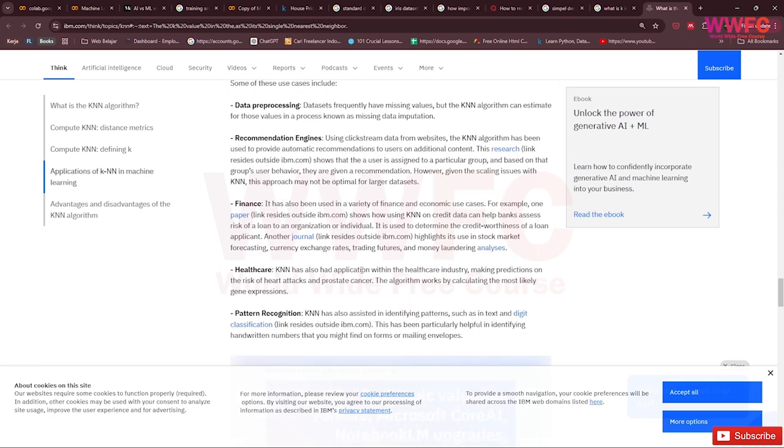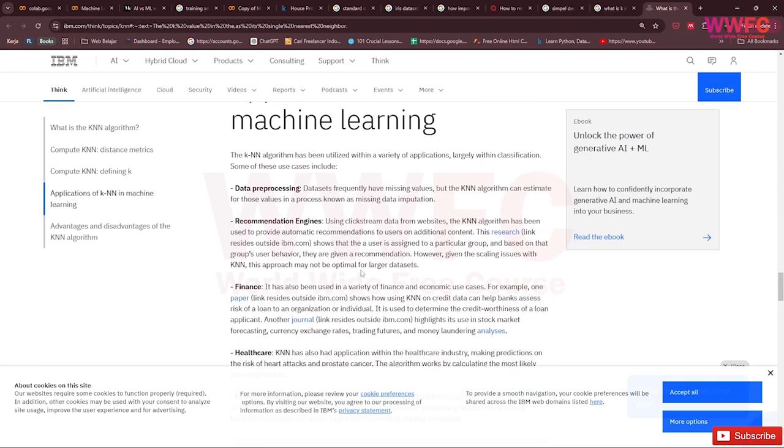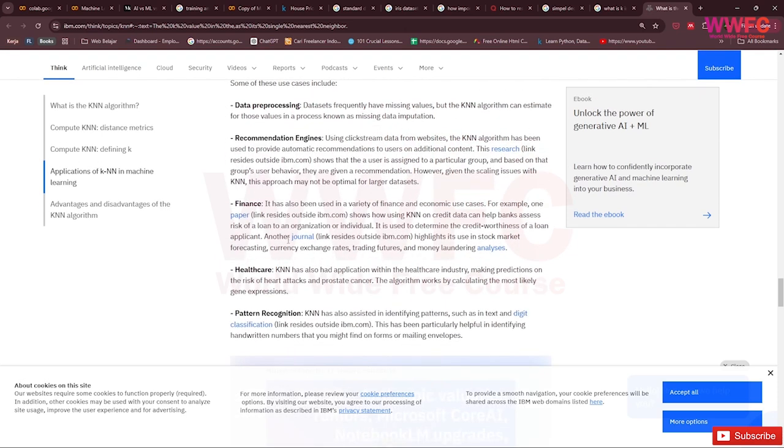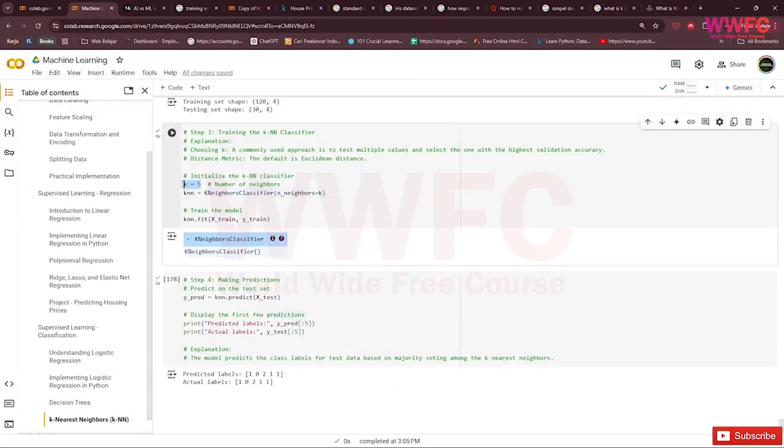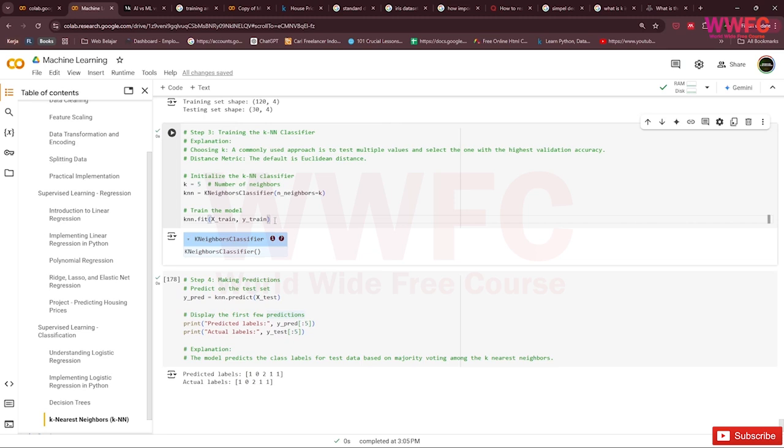This is an example of using the KNN algorithm. If you don't know how much K to use, you can read a journal or paper that defines how much K is good for your model or your data.